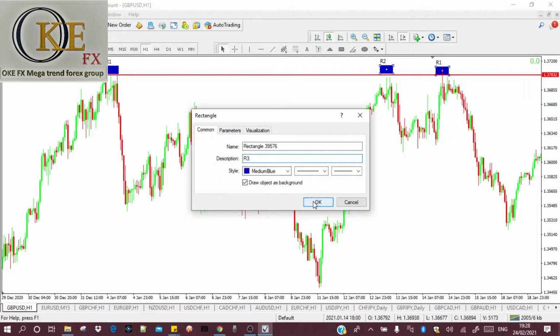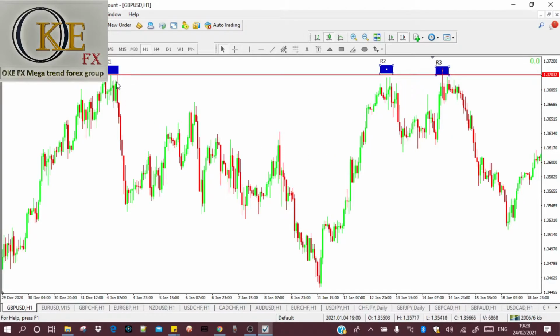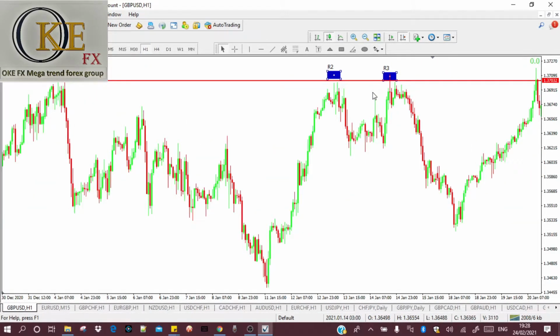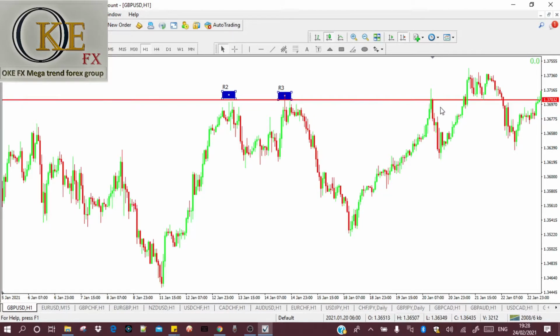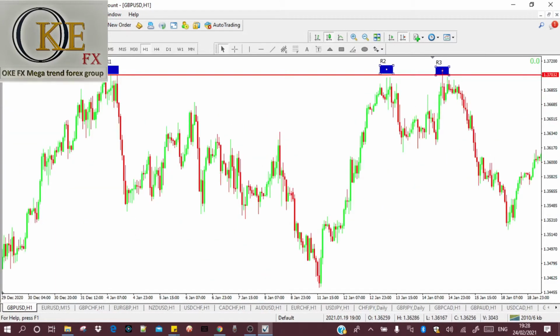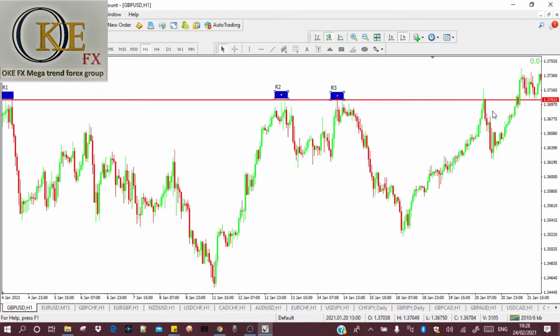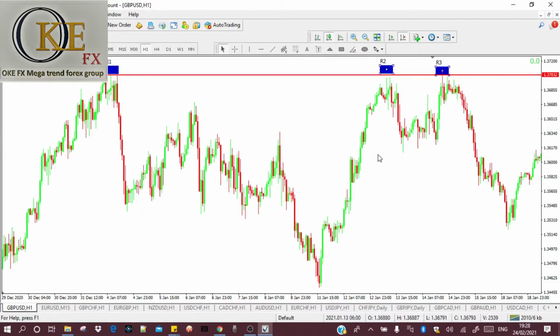Okay, so now notice what happened here. This is resistance point 1, then this will be resistance point 2, resistance point 3. You can notice even the 4th time, it did as if it broke it, but no, remember there has to be a full candle that closed above the line. Now I didn't really see this line when I was drawing this, to tell you how powerful